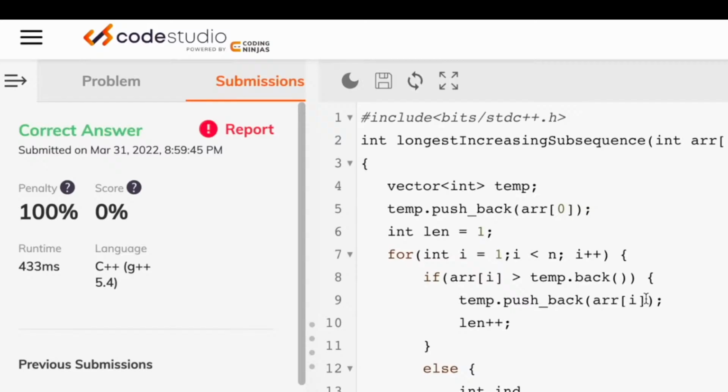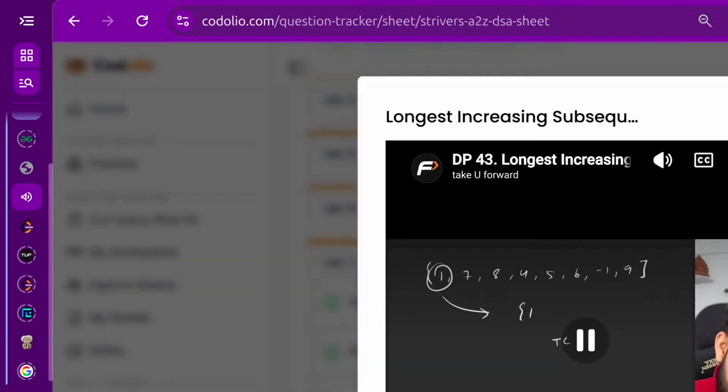So guys, what was the time complexity that we did use? It was big O of n